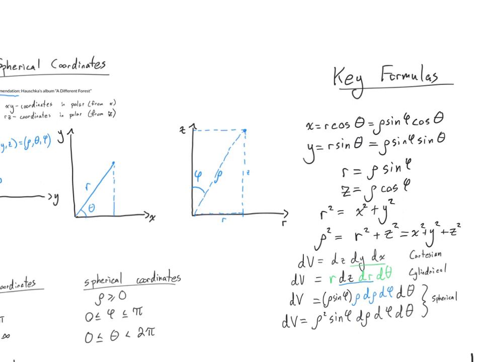So x and y, right here in the middle, we know x should be r cosine theta, and y should be r sine theta. Those are not new formulas to know because that's just cylindrical coordinates. That's just polar coordinates. That's just easy to remember. Now the new step is to remember these